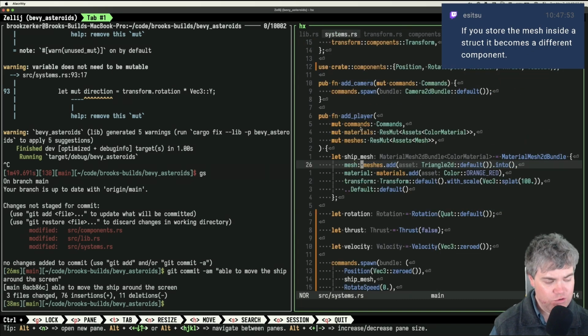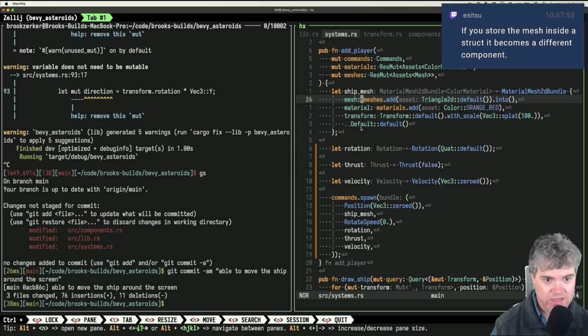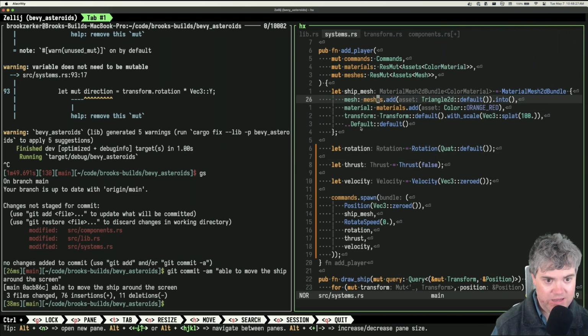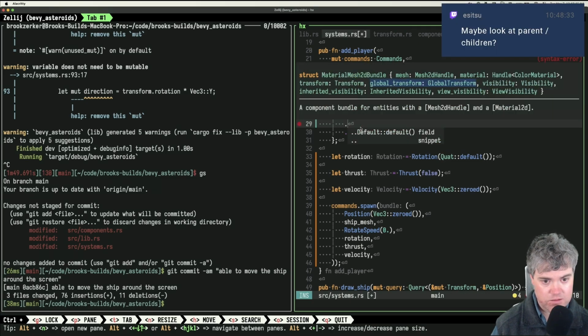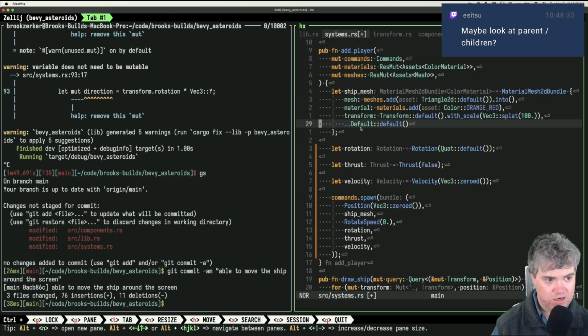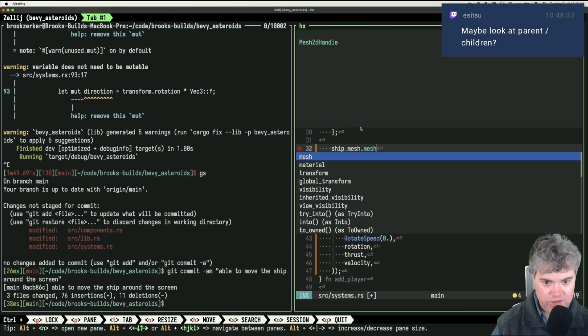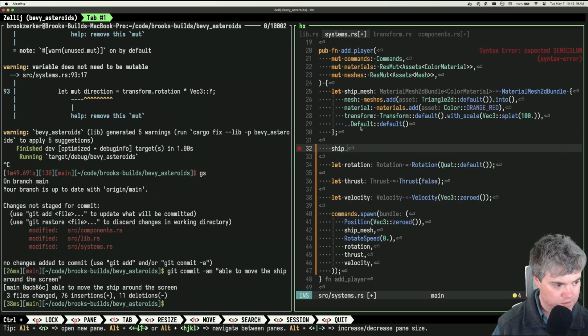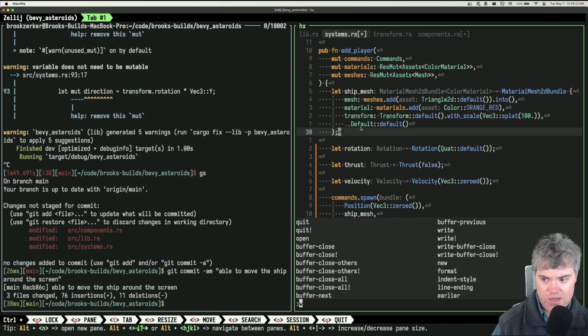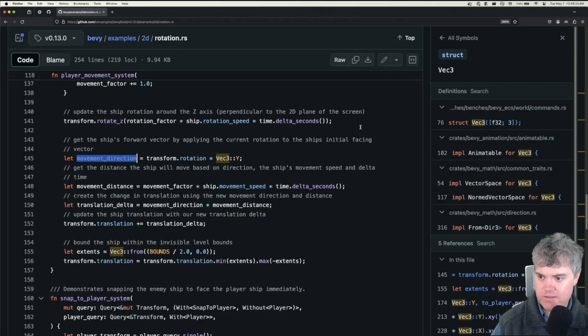Yeah, I guess I need two meshes as part of one. Oh, but how would I? Okay, so hold on. If I have this ship mesh here. Oh, because meshes add, so I can do multiple meshes. No, that's a single mesh, right? Maybe look at parent children. So I can't do a child there. Can I do? So I can get the mesh. Not something like that. Maybe we can look at our cheat guide.